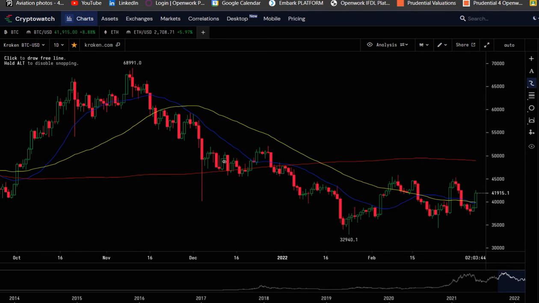We've got this nice green bar. However, we don't see an earth-shattering move, and we're still range bound. We've come down the latter part of 2021, we've gone up. This is the upper end of the range. We've gone down, we've gone up, we've gone down, and the 50 MA is still pointing downwards. Let's take a look at the weekly chart and see what's going on there.